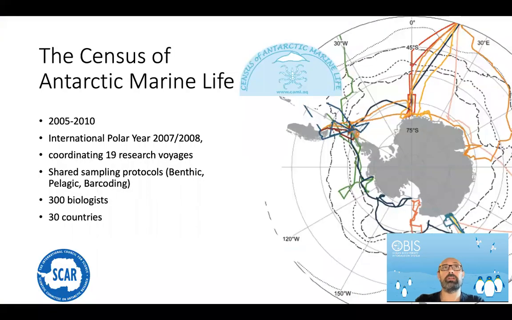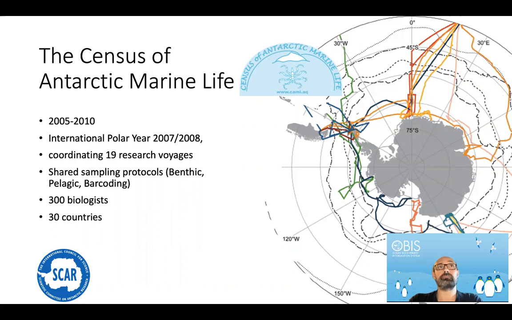The SCAR Antarctic Biodiversity Portal started as SCAR MARBIN, the SCAR Marine Biodiversity Information Network. That was a project that came out of the Census of Antarctic Marine Life, which ran from 2005 till 2010. And it overlapped considerably with the International Polar Year from 2007 and 2008. In the context of that